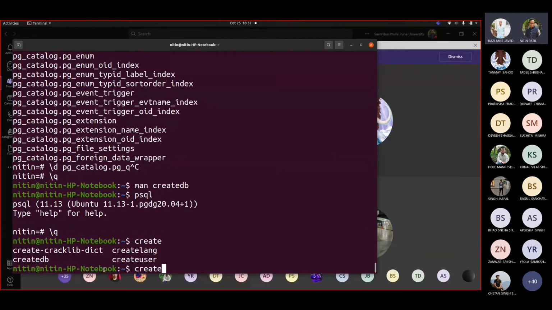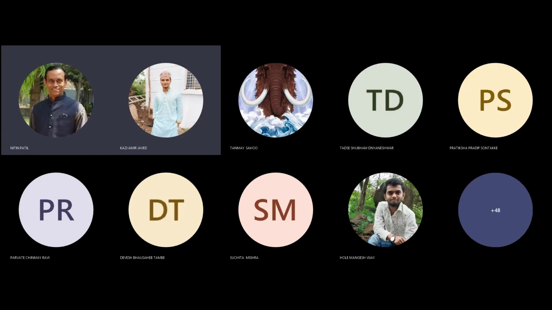You can use them with no need to log in with psql postgres, but you have to add the user, you have to say superuser. So the mechanism is different for each command that you use here. Okay, let us go back.